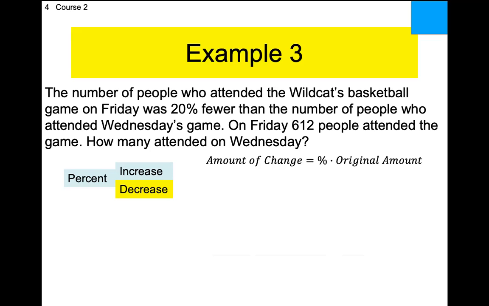Now granted, I do this for a living, so I'm probably doing it way too fast. Right? So how did I figure all that out? Well, one, I kind of thought about, well, what does a decrease look like with just strange numbers? Try to wrap my head around what's going on. Two, I wrote down Wednesday, Friday, as they would happen numerically. Literally the question says how many came on Wednesday. That's got to be an X. Well, then that would also be the original amount. We're given how many people on Friday, 612, but you got to figure out which would come first.